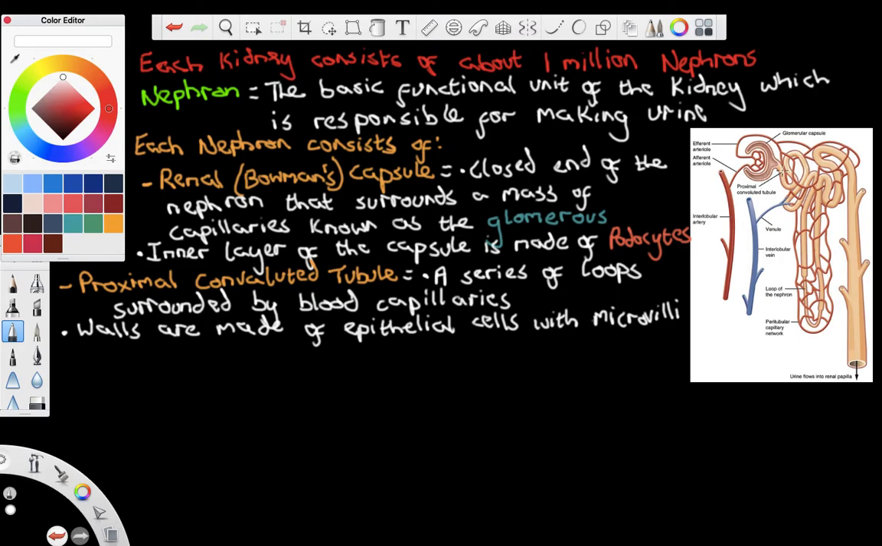After we've got this proximal convoluted tubule, so this is our Bowman's capsule, this is the proximal convoluted tubule, you'll see that the nephron drops down and back up. It goes down in this massive U shape. This is your loop of Henle. So our third one is the loop of Henle. L-O-O-P of Henle, H-E-N-L-E. Now the loop of Henle can be defined as a long